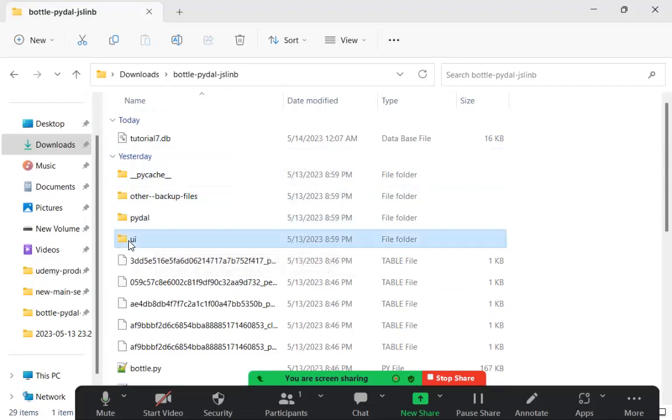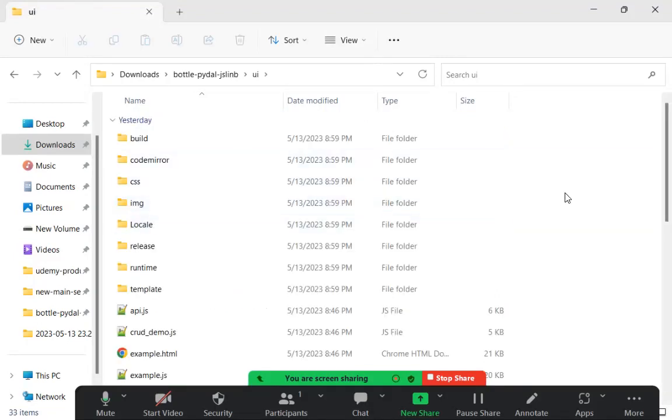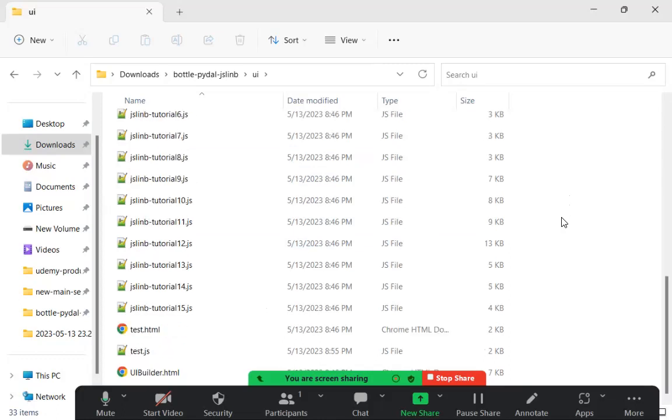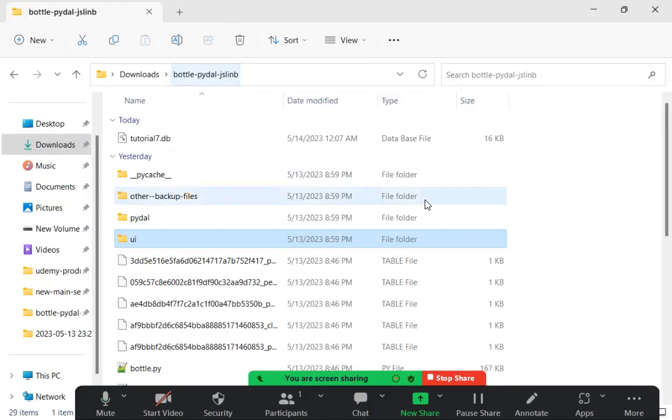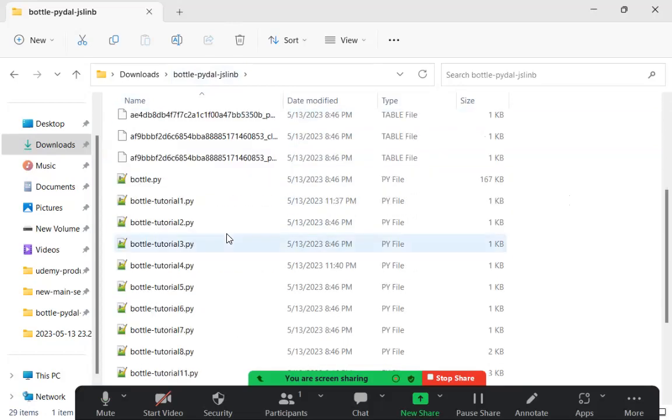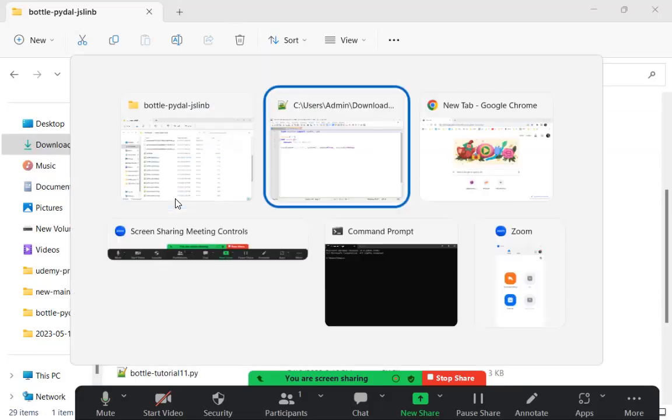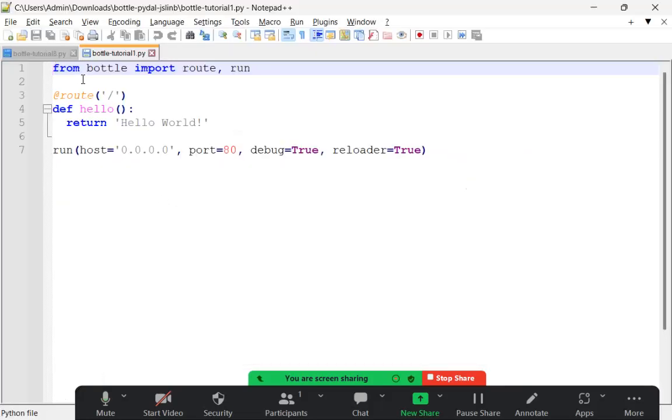And while we're at it, you can see there's a UI library, which is the entire JSLim library. So we've got some more tutorial examples to do there. So again, go back to the main bottle, pyDAL and JSLim folder that you've unzipped. Scroll down to your bottle tutorial 1.py file. And so we've imported from that bottle library route and run